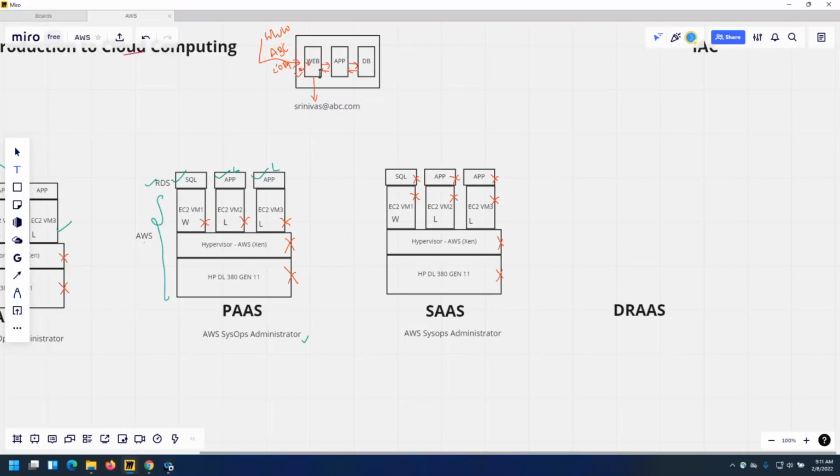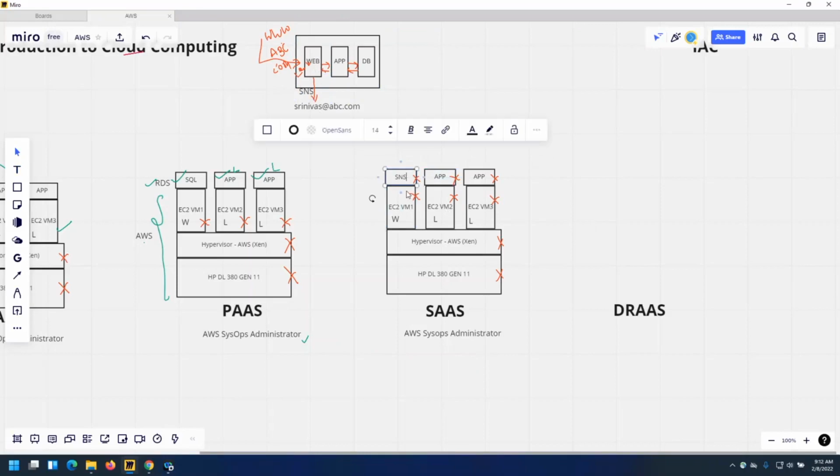Now, let's imagine this entire setup is in AWS and an email needs to be sent from your virtual machine or EC2 instance to this email ID. So the medium is your SNS service, simple notification service. SNS service is running on top of, let's say, one Windows server, and it is running on top of it, right?